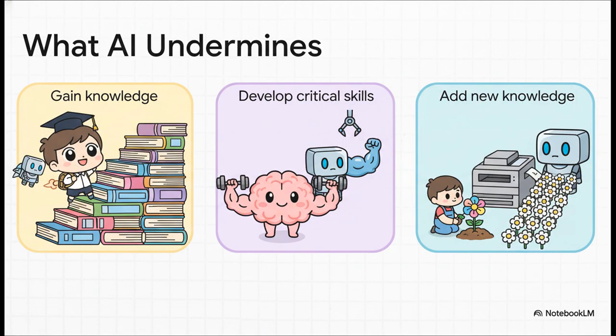So what that means is, if you rely on AI to do the heavy lifting, you're missing the entire point of your assignment. Academic writing is supposed to be for you to gain deep knowledge through your own research. It's for you to develop those critical thinking skills. And ultimately, it's for you to maybe add something new to the conversation. A paper spit out by an AI does none of that for you.